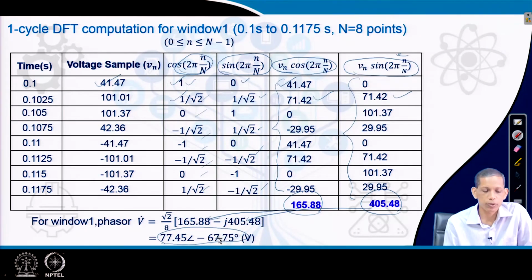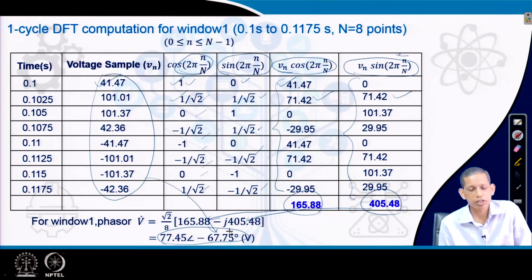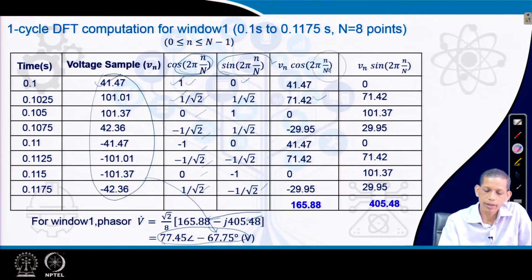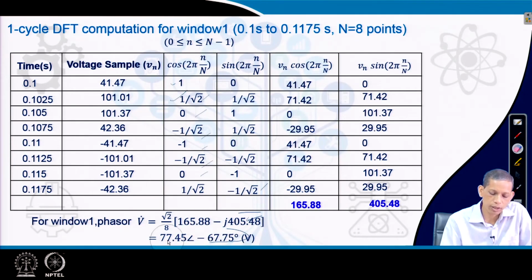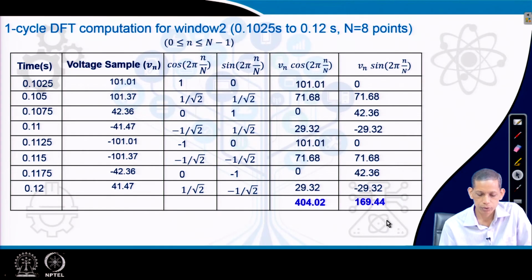Note that this is for the particular window of data, these 8 samples, and the corresponding phasor is this one. With fresh samples, this window will be updated again, as I already mentioned, and we get a different phasor value. As the signal progresses, the relay acquires newer and newer samples, and accordingly the phasor is computed, and the fresh phasor is used by the relay for the decision making process.